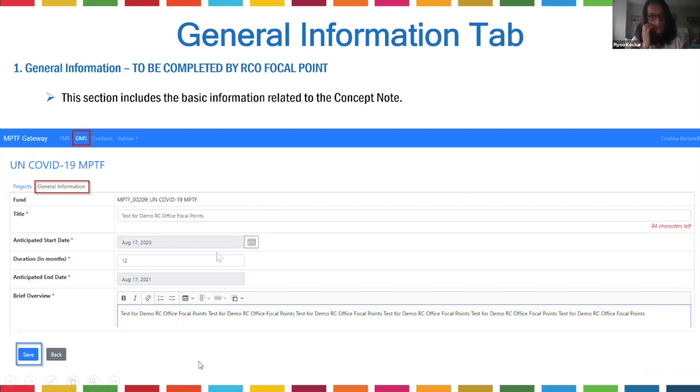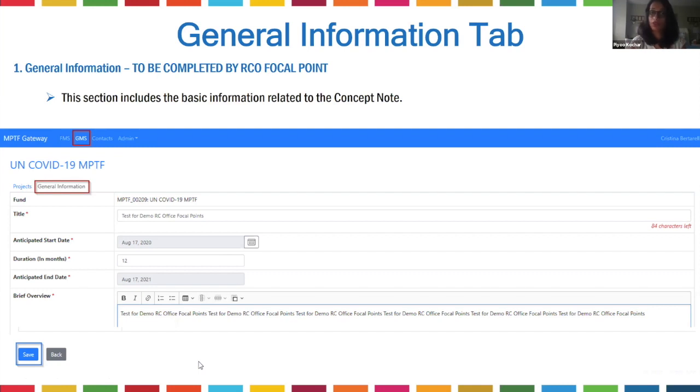The anticipated start date, the duration in months. We've noticed that because the concept notes are now anchored in the SERPs, the finalized SERPs, the duration of the projects that have been pointed out in the SERPs are of varying lengths. So the only thing we ask is that for this call, all implementation needs to be completed by December 31st, 2021.